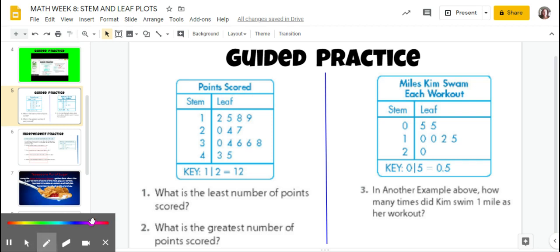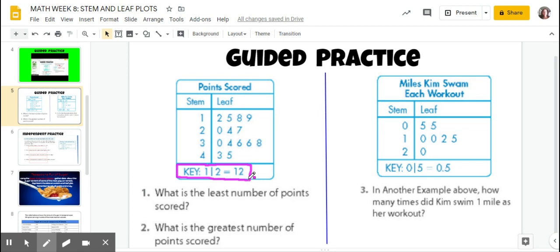Okay, boys and girls, let's practice using stem and leaf plots. For numbers 1 and 2, we're going to use this one titled Points Scored. Our first step is to look at the key so we know what the stem and the leaf represent. This key tells us if there's a 1 in the stem and a 2 in the leaf, the number is